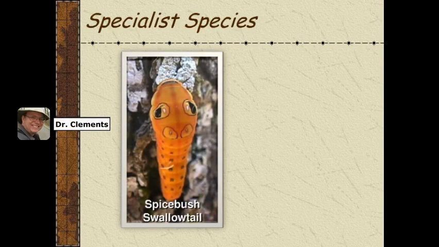The next type of species is exactly the opposite of a generalist, and we call these guys specialist species. They do just the opposite of generalists. So generalists, if they can live anywhere, do a lot of different things, eat a lot of different kinds of foods, get along with a lot of different kinds of organisms, specialist species have very